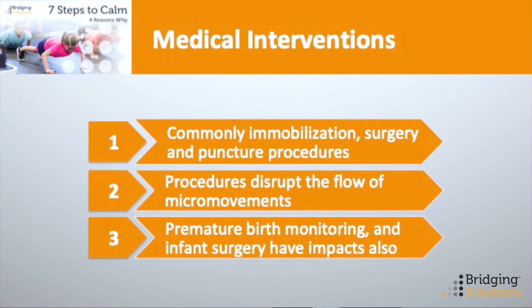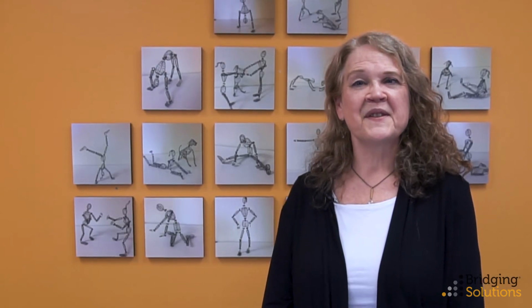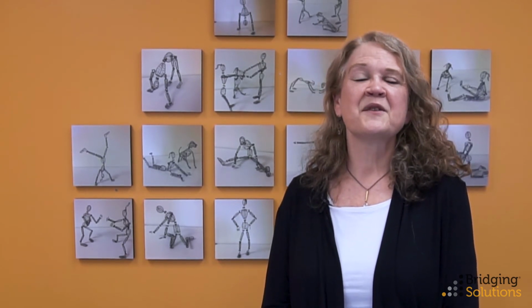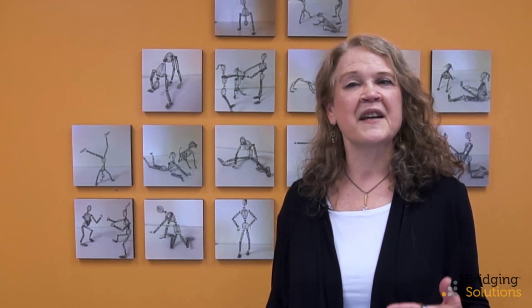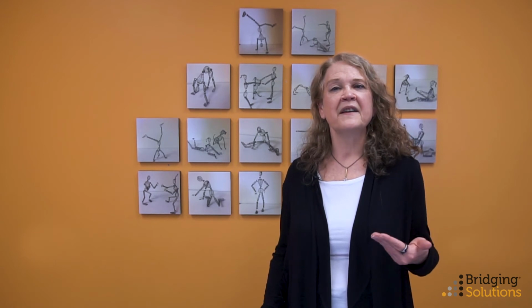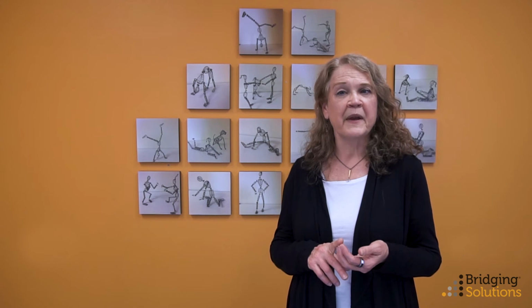A medical intervention or injury at a very young age is often the cause for coordination challenges and sensory processing issues. Because these medical procedures are life-saving for newborns, lost in the crisis is a recognition that the micromovements used for their development just got sidetracked. Some of the most common developmental hijacks we find are from immobilization with monitoring and IVs with the premature baby,